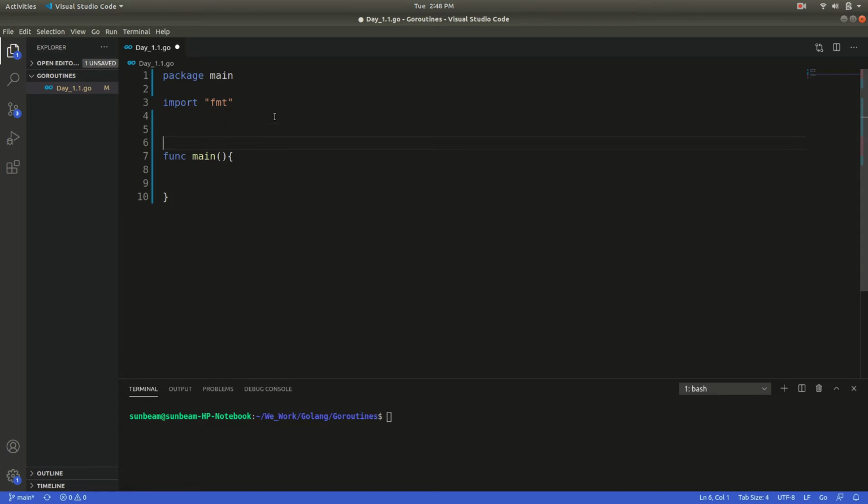Okay, now we make one function, like a function display.